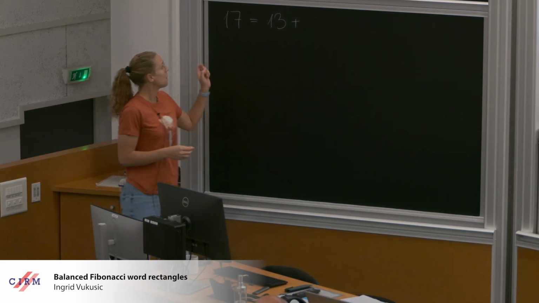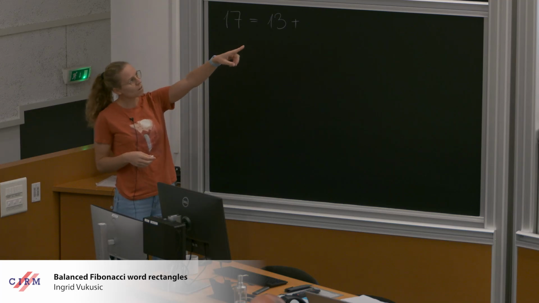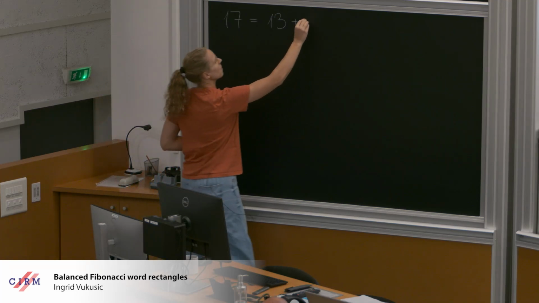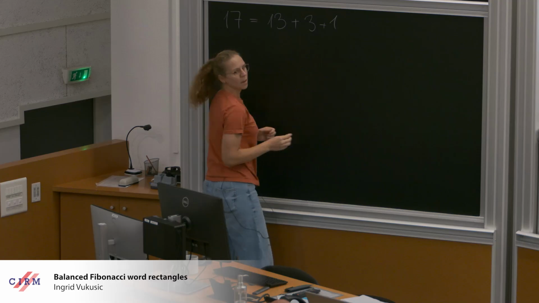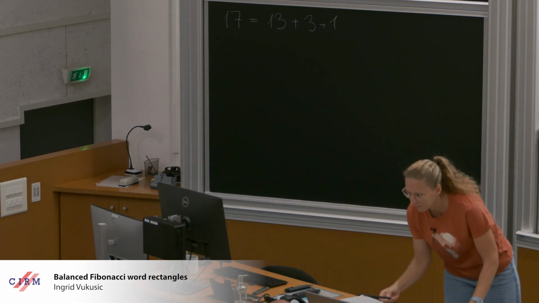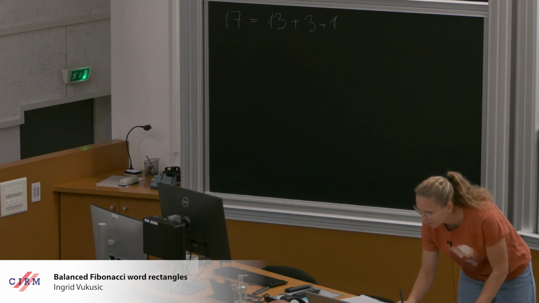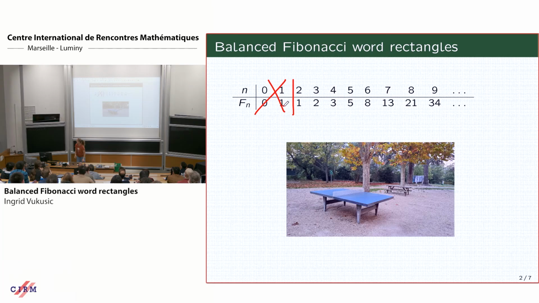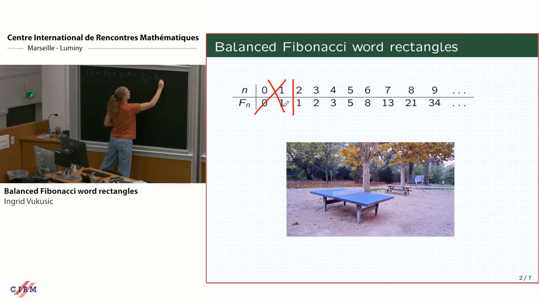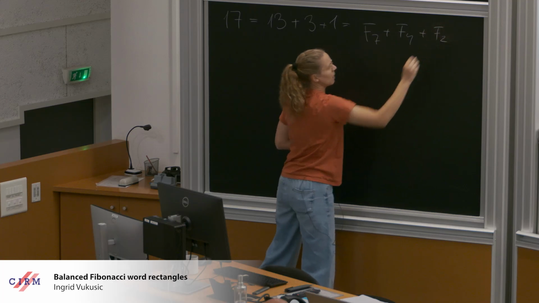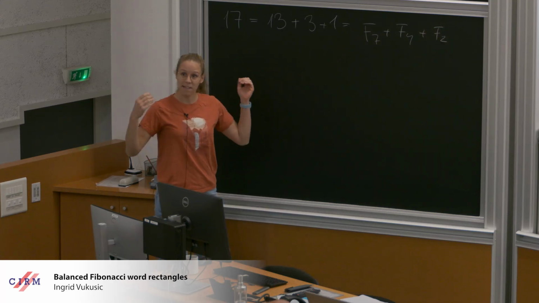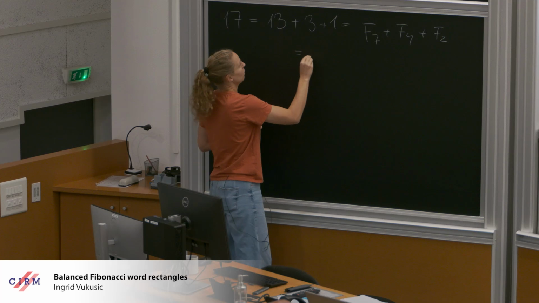How much do we need? We need 4. 4 is not on the list, but 3 plus 1 works. So, well, we can always do the greedy thing. And then if we do the greedy thing, we always get a unique representation. And so here we could write this as the 7th Fibonacci number plus the 4th Fibonacci number plus the 2nd Fibonacci number. And if we write this in digit representation, then we write,